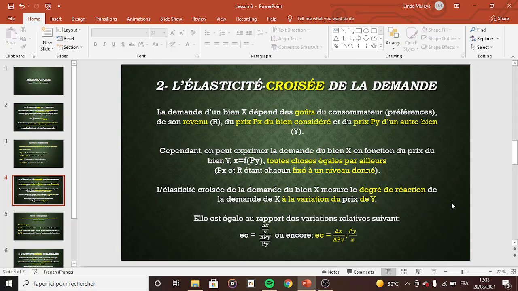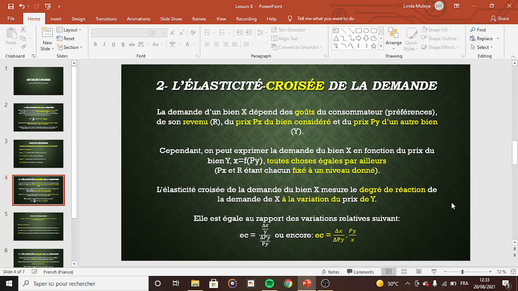In all of our studies, we've looked at two particular goods, X and Y, and how they affect each other. So in this case, we want to see how a consumer will react. Will they buy more of good X if they reduce the price of Y? Or will they buy more of good X if they increase the price of Y? Or an inverse reaction, will they buy less of good X if they increase the price of Y? Will they buy less of good X when they decrease the price of Y? So all of our focus now is on the price of good Y.